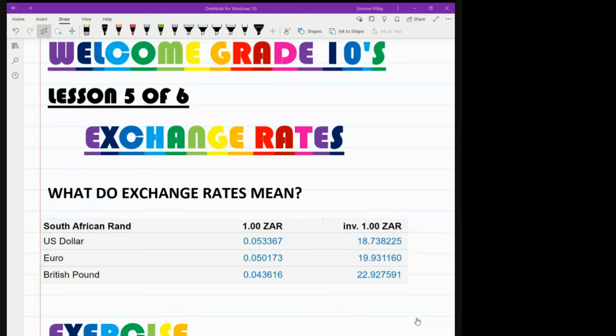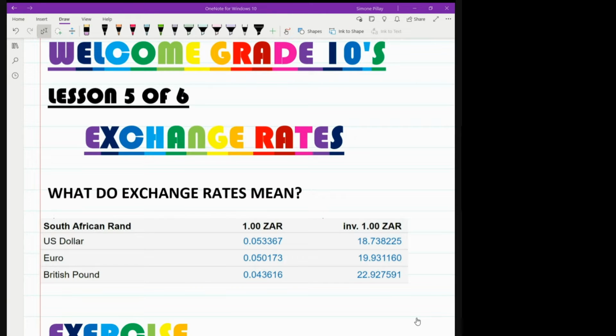Now, if that still didn't make sense to you, let's take it back. Let us think of what we use for money in South Africa. In South Africa, we use rands. We know those lovely 1 rand, 2 rand, 5 rand coins, cents coins, not really in use too much anymore, but still very, very present. We know our notes, we know those currencies. However, if I had to go to America,